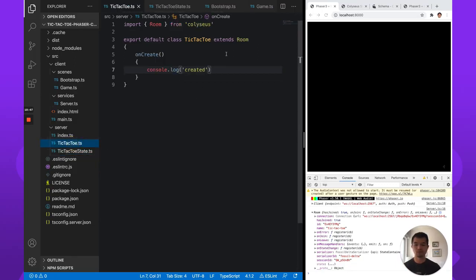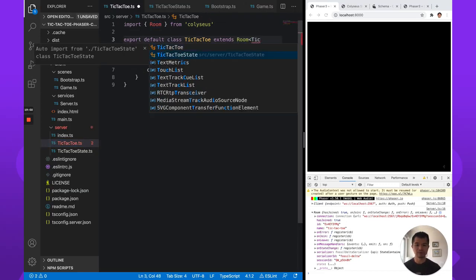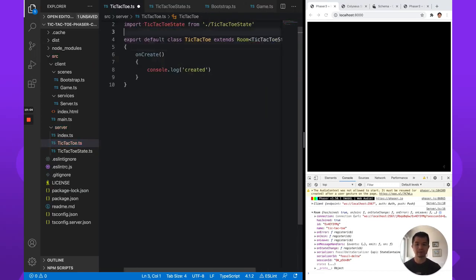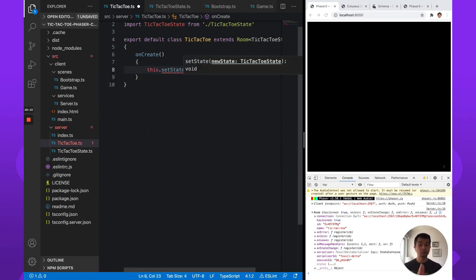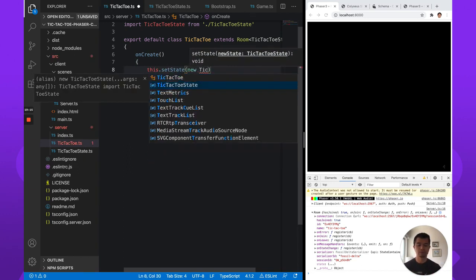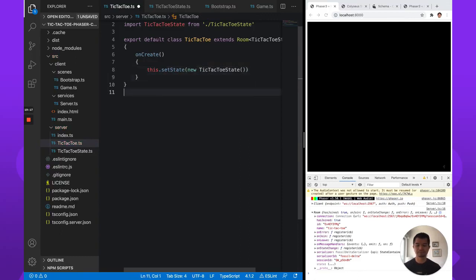Go to tic-tac-toe room. So in this room here, you see there's a state generic type. So we can specify what that type should be. Right now, it defaults to any right here, but we know that it's actually going to be TicTacToeState. Let's just do that. Now it's auto imported here. And then what we want to do is this dot set state, actually give it a new instance of our tic-tac-toe state. So new TicTacToeState. Okay. Now, if we refresh here,